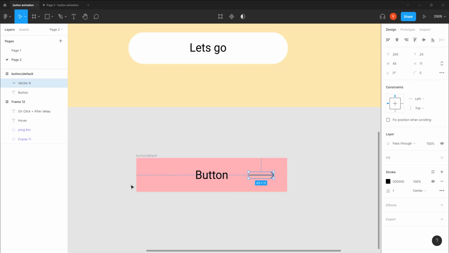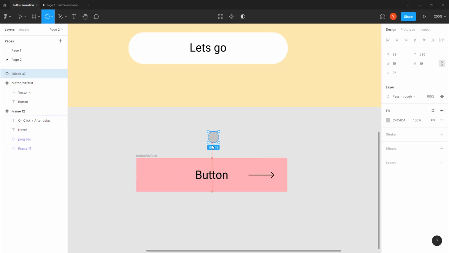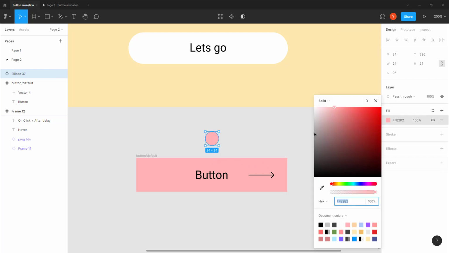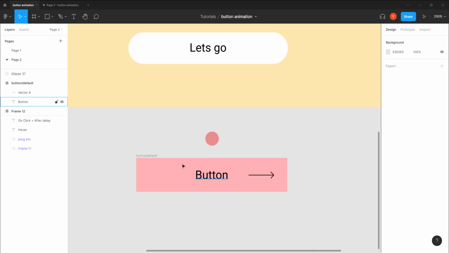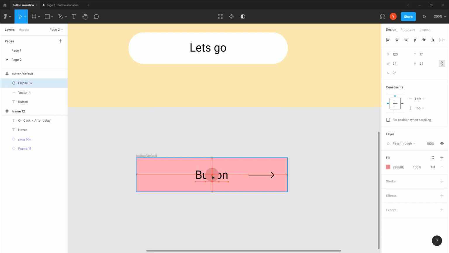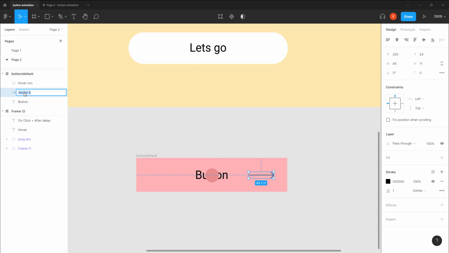And the other thing is I'm going to make a circle, which will now be like this. I will give it a bit of a darker color like that, something like this. That's okay. I'm going to throw it in this frame. I will place it, let's call it hover circ, and this I will call arrow,